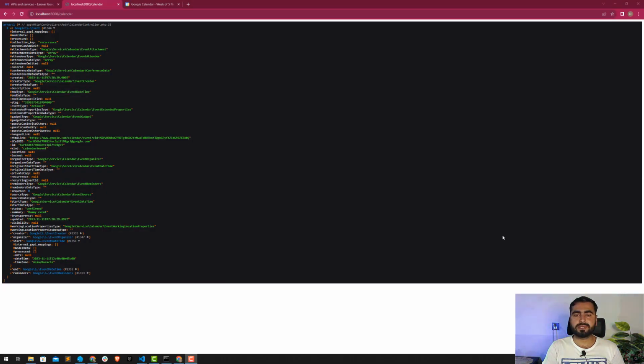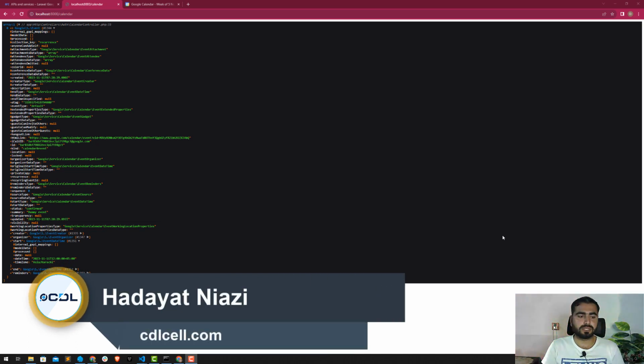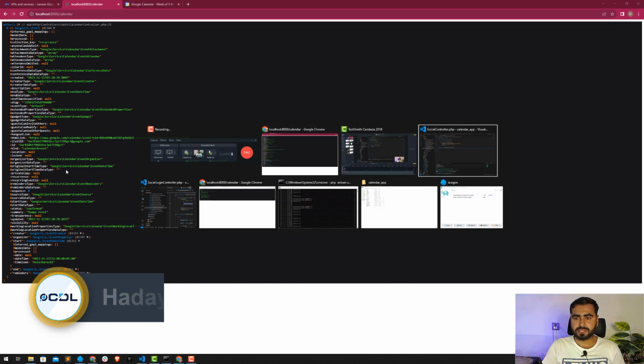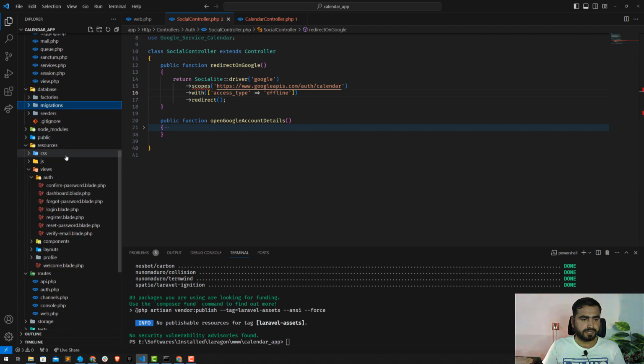Okay, we are successfully able to pull the events from the Google Calendar, right? And now the time is to display those events in the proper form, right? We are going to display them in the Bootstrap table, right? So let's go to your project, and here first create a blade file where we are going to display